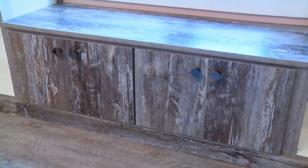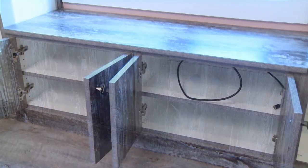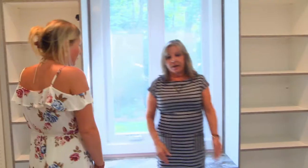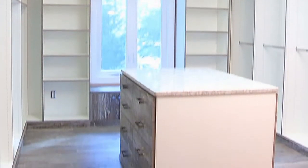Then you have the view of the lake out there. You can't beat that. Perfect for sunglasses. That really worked out nicely too. And your center island, I mean, this granite you picked out is just...